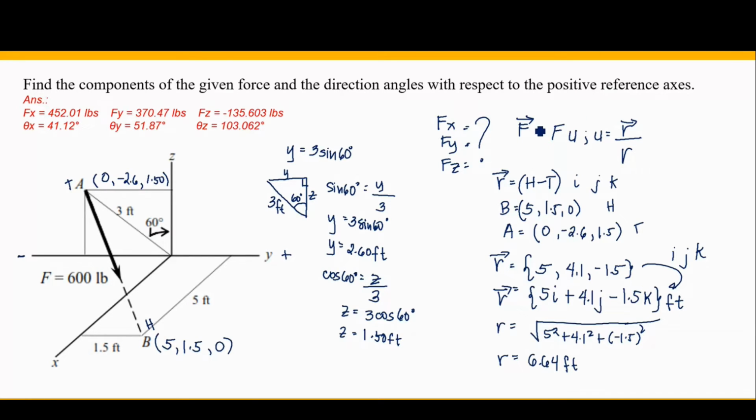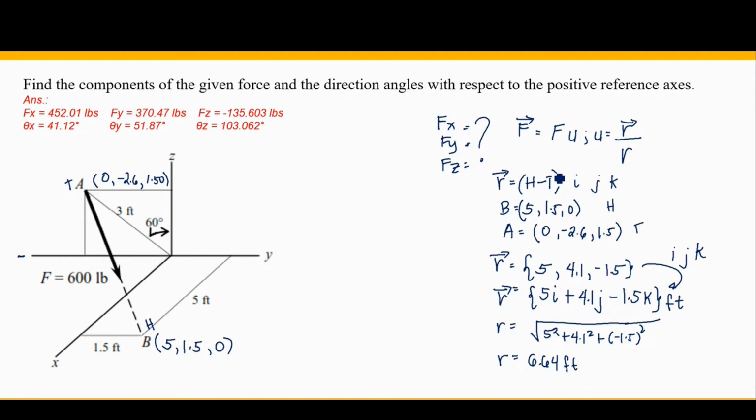Therefore, we are now ready to substitute what's in here. So, erase na tayo. Substitute na natin to. We have here force vector is equal to the magnitude multiplied by U. So, yung U natin is equal to position vector R divided by the magnitude of R. So, direct na lang natin. Therefore, force vector is equal to 600 pounds multiplied by